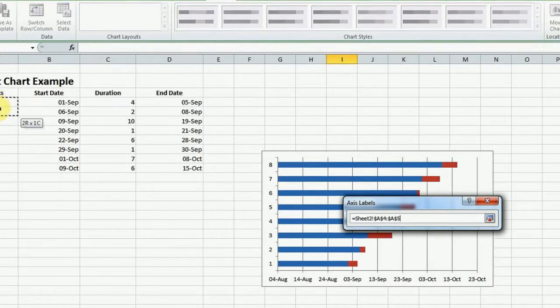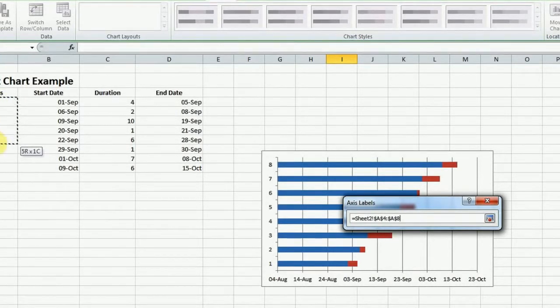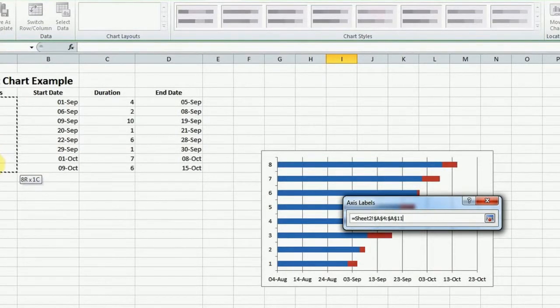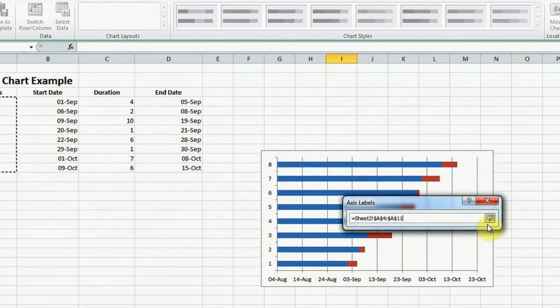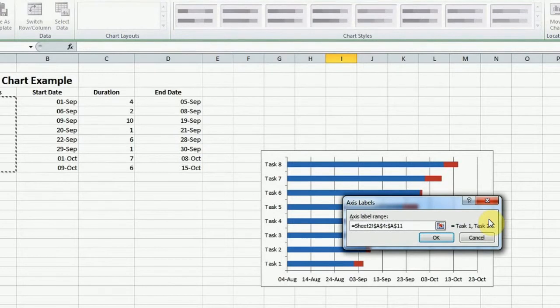And keeping your left mouse button down, move your cursor until the last task. Then click the Complete button on the Edit Series menu and press OK.